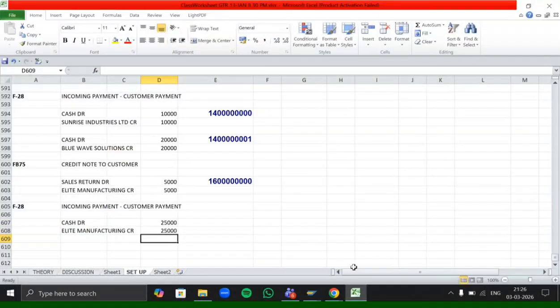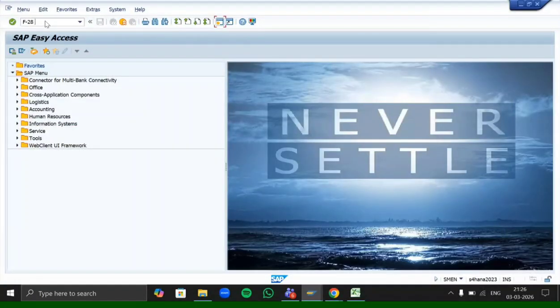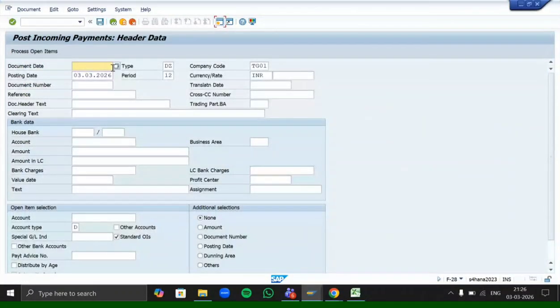So let's go to F-28. Mention your document date as today's date. Reference as C bill 3. Header text customer payment. Clearing text customer payment. Document type shows as BZ, that defines it's a customer payment.